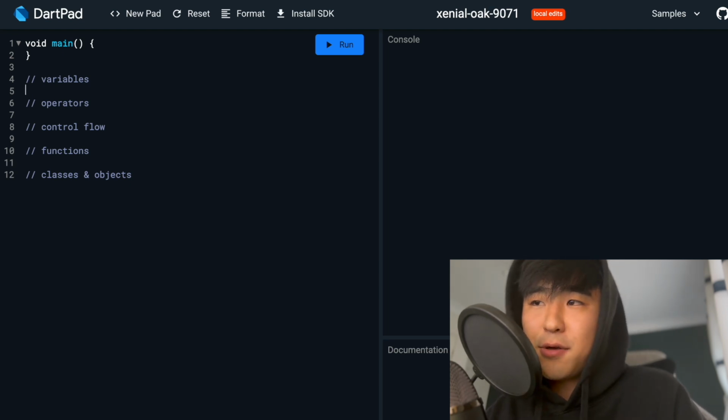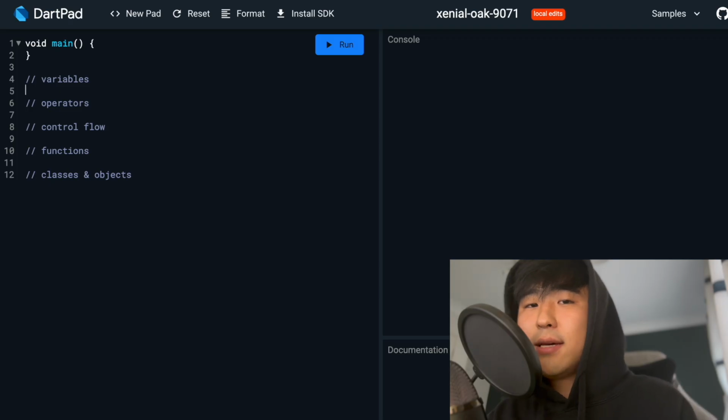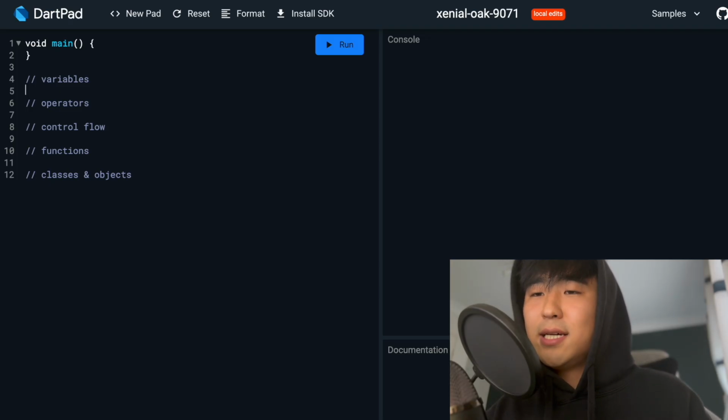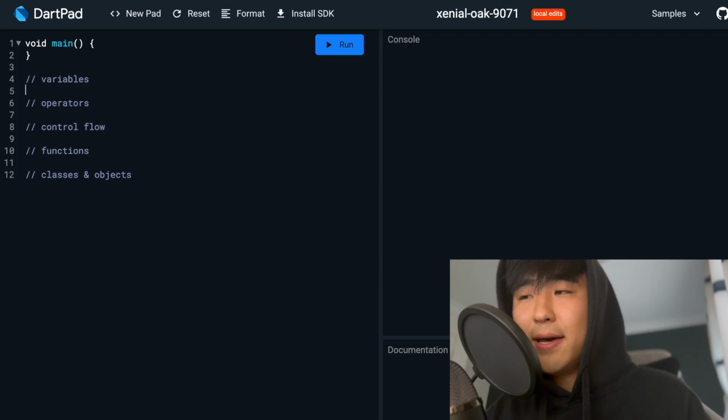Today I'm actually going to go through the Dart programming language. So Flutter is the framework and Dart is the language underlying it. If you're really new to coding and you're having issues with Flutter, most likely it's because you don't have an understanding of the basic programming concepts. Similar to how if you don't know any math, then trying to learn physics is going to be damn near